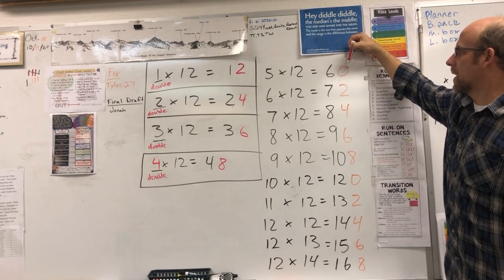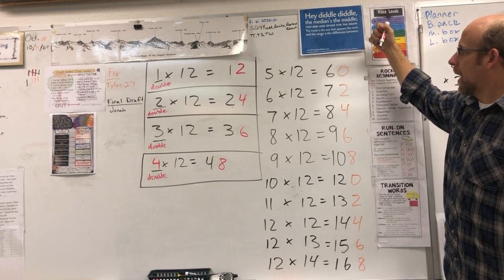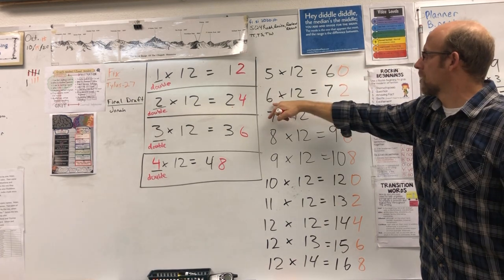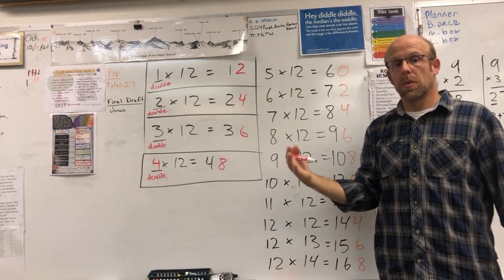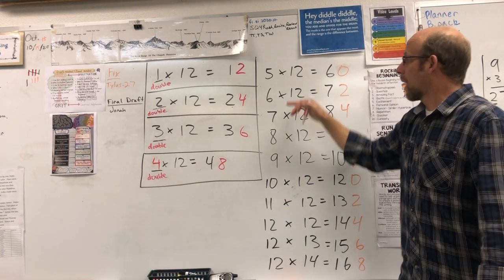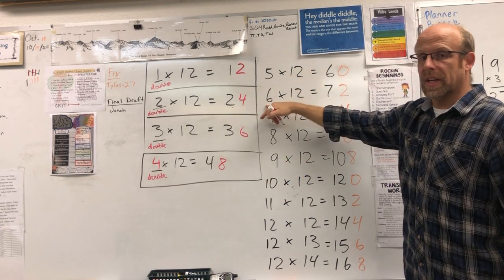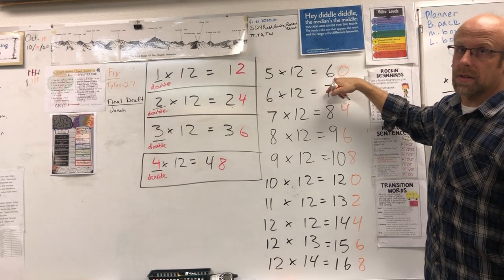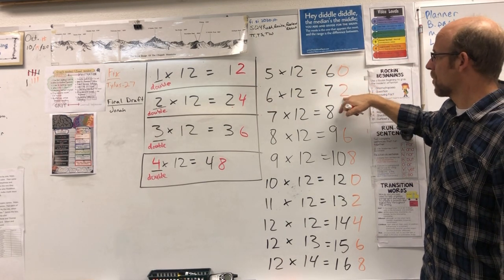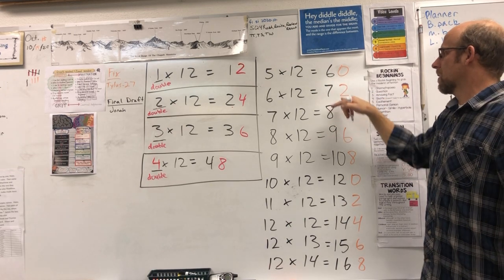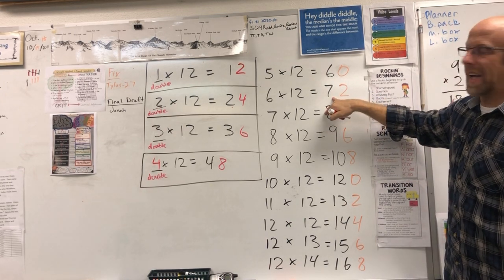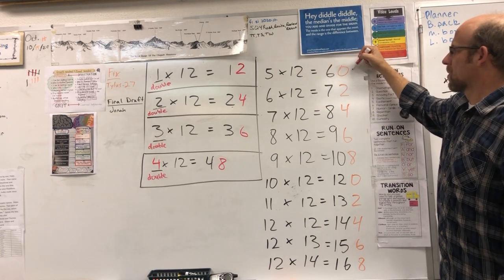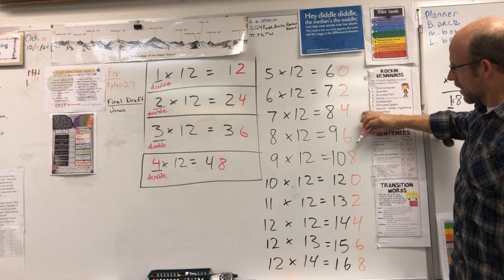5 times 12 is 60, and then you're going to add another 12. So 60 plus 12, if you're going to go to 6 times 12, because remember, multiplication is repeated addition. So we're just adding one more 12 if we take it times 6. We add 10 to 60, that's 70. Add 2 more, 72. Then 72 plus 10 is 82, plus 2 more is 84. So really, if you can remember, 5 times 12 is 60, and you can build off of that to see